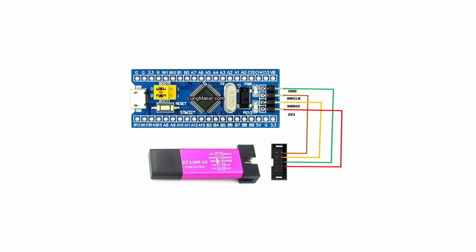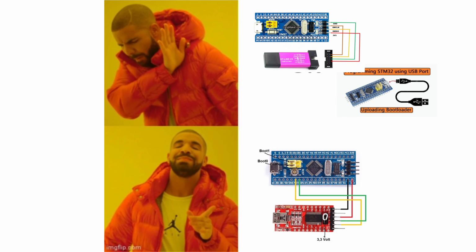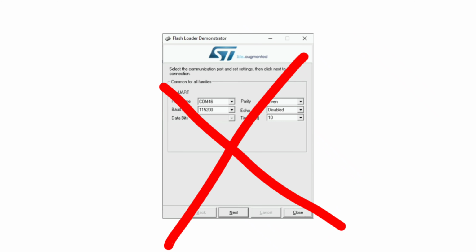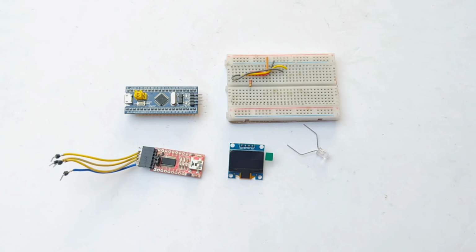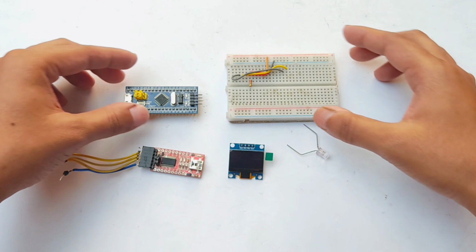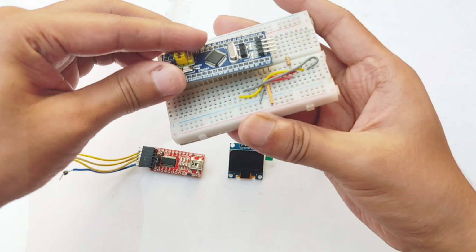Technically, the ST-Link method is the most professional and reliable option. However, for absolute beginners, the USB to serial method can feel much easier because you do not need to install any driver or bootloader firmware for this method. You simply need to connect a USB to serial module with the STM32 board like this. To flash a program using this method, you will need a USB to serial converter module,